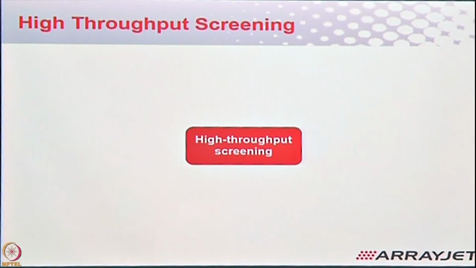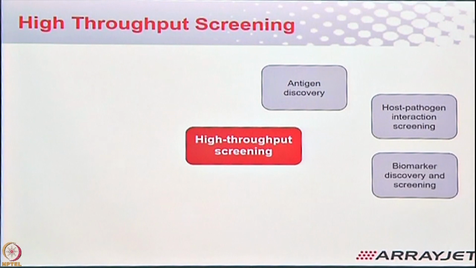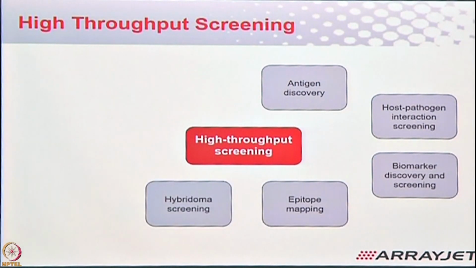High throughput screening. This is something that we support in terms of whether it's antibody discovery, host pathogen interaction, biomarker discovery, epitope mapping, hybridoma screening. There's a lot of discussion on Napa arrays, hybridomas. So we do that. We've helped a lot of people today that you can see in this symposium as well